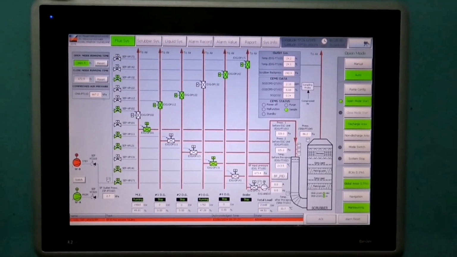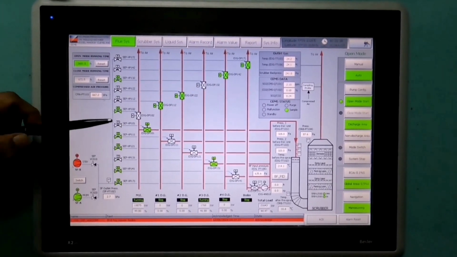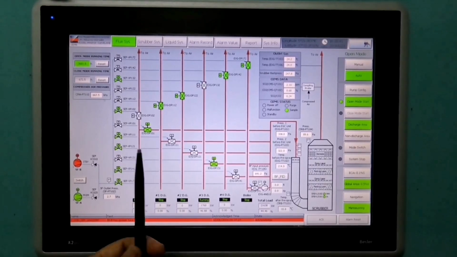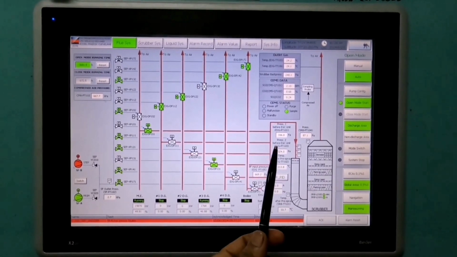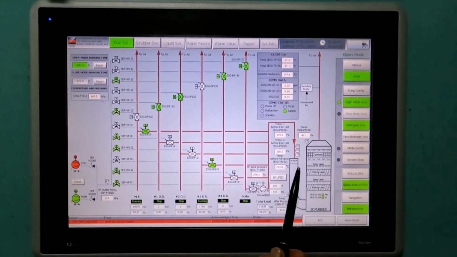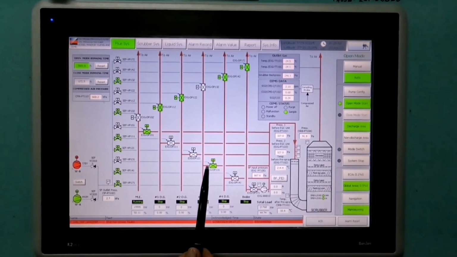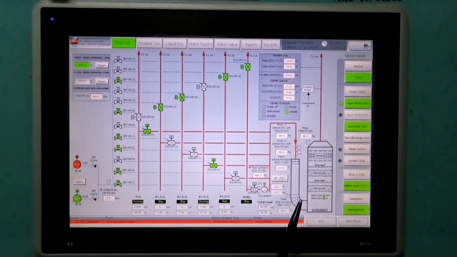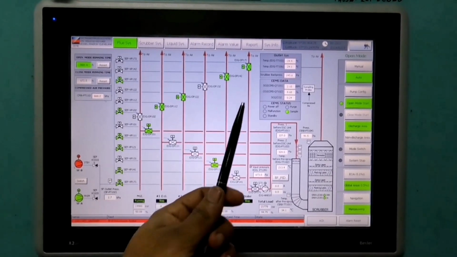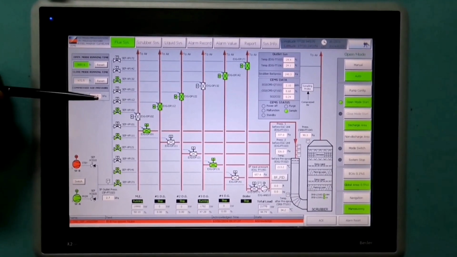Now come to the exhaust gas side. What happens now, as on this panel we can see this is for the main engine, now in use. So this one is open to the scrubber. This is our scrubber. So auxiliary engine 1 and 2 are stopped, number 3 is running. So whichever machinery is running, that one is open to the scrubber. Others are all bypassed because they are not in use. This system is working now in auto operation.